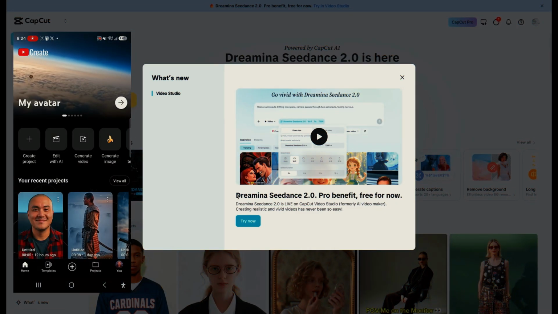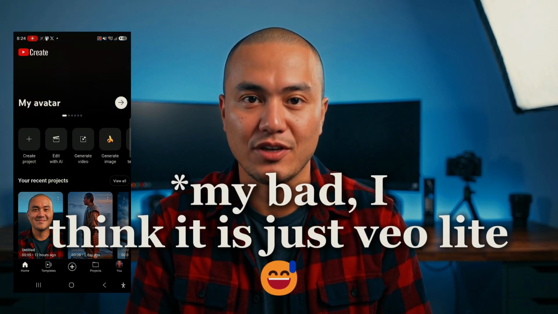At first I thought, okay, cool, another editor, but no, this looks like YouTube's counterattack to CapCut's free Seedance 2.0 release. It has all the usual editing tools you'd expect, but the real shocker is this. It appears to offer unlimited Veo 3.1 video generation right inside the app, and here's what makes it even better